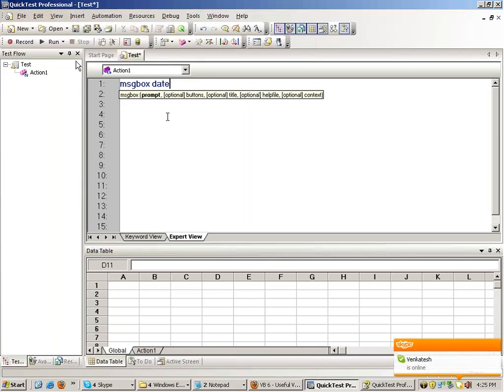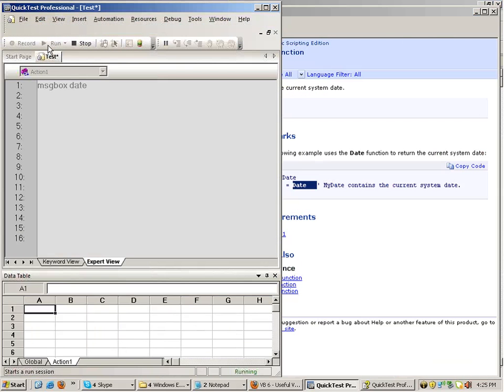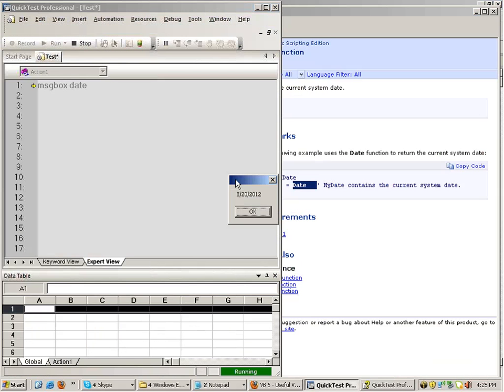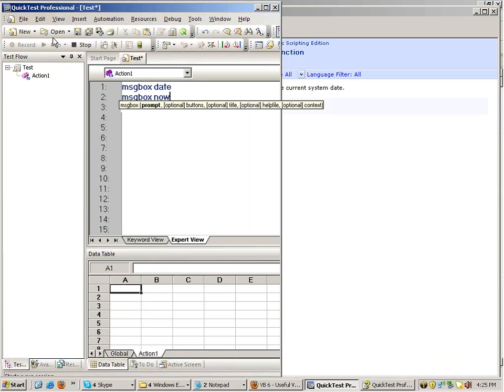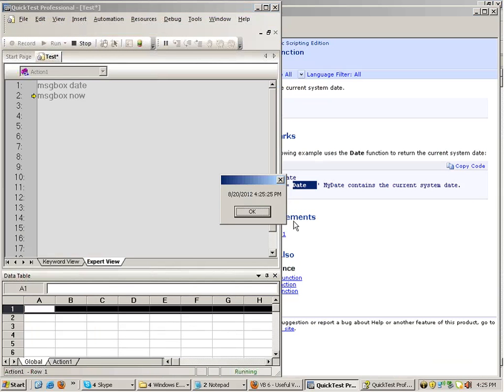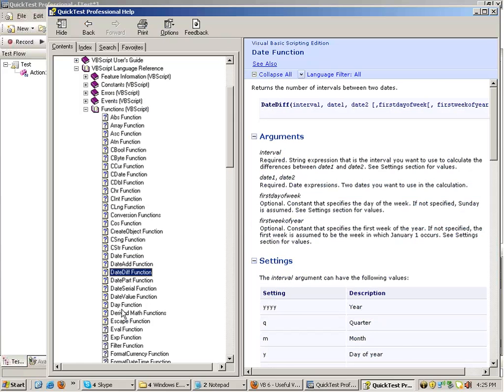If I write message box date and I run this, see, it gives us the date for today. Fine. And there are other statements as well. For example, message box. Now, run this, it will first print the date and now prints the date as well as time. Right? So all these function references we will get here.